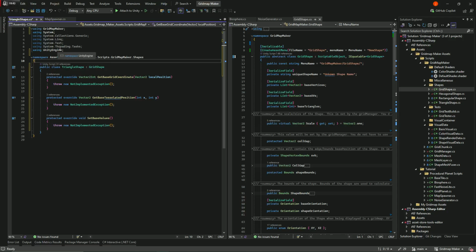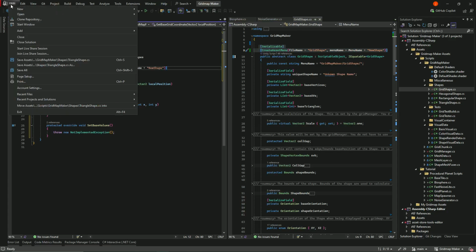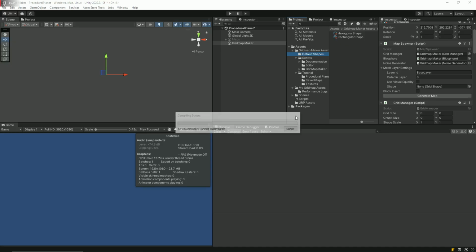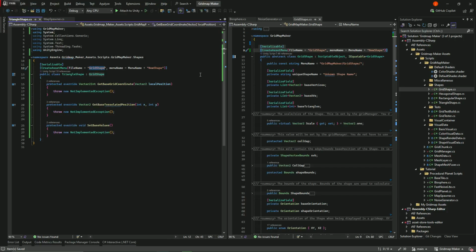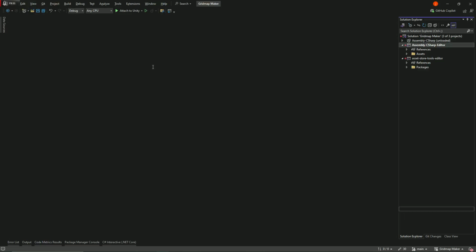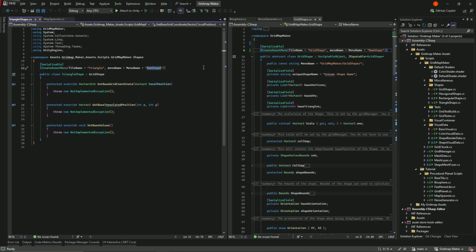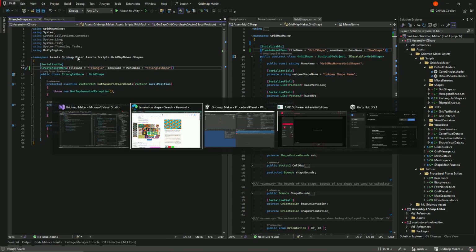Now that you've implemented all these methods, that's pretty much all you will need to begin using your triangle shape. Oh, one more thing you would have to do is copy this right here. Now if you save this, you then see that. Let's call this file name triangle shape. We'll call this triangle shape. Now, that way, we can then say, hey,